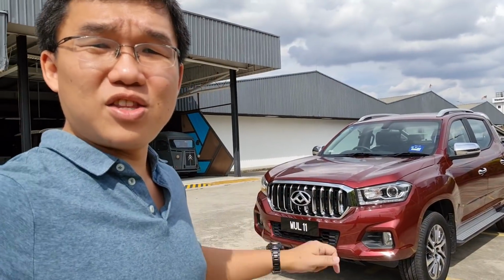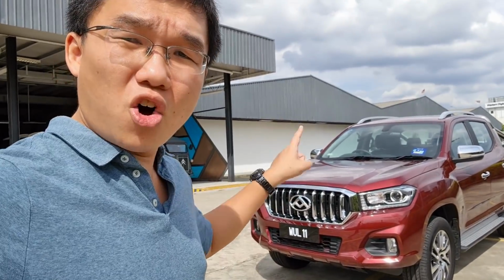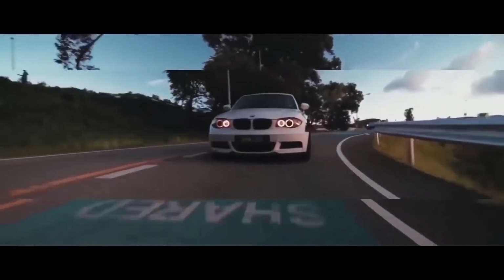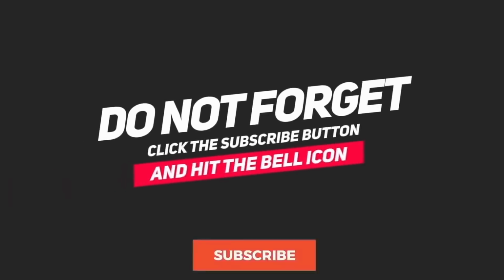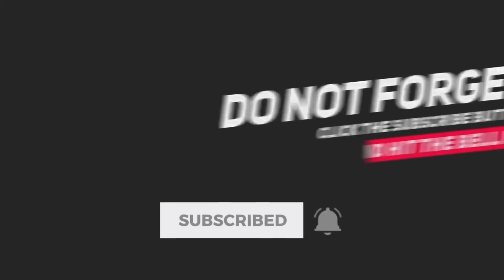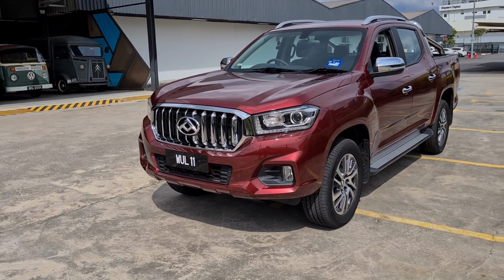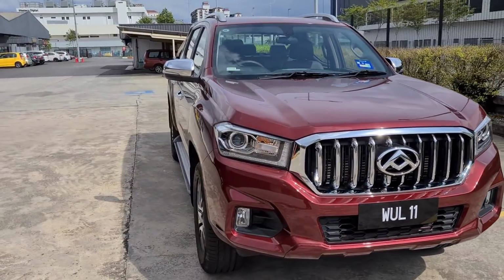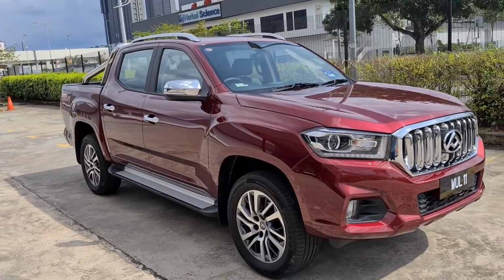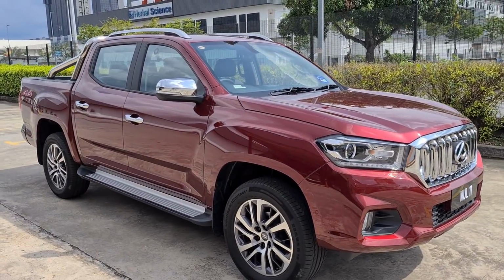for this. This is the Weststar Maxus T60, and the on-the-road price for one of these is just 99,000 ringgit. Now, to be sure, the likes of the Ranger, the Hilux, the Navara, they all also have variants priced below 100,000 ringgit. The difference that the T60 gives you here is that at 99,000 ringgit, you're getting a lot of